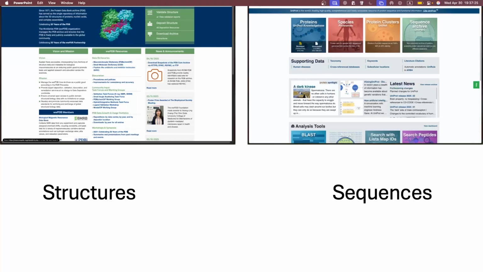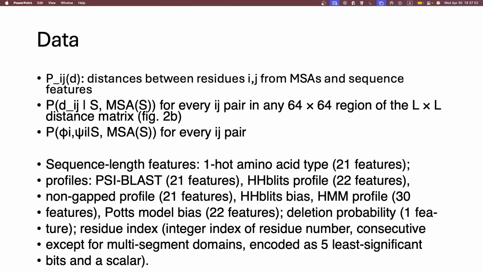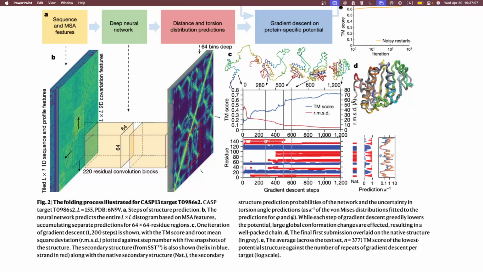So what the structure represents is what we discussed earlier: the angles and distances of each amino acid in relation to each other, and then the sequences, which is how you combine these amino acids together to form all the proteins. And the processing of the data happens in this stage. The sequencing, and then the MSA stands for,